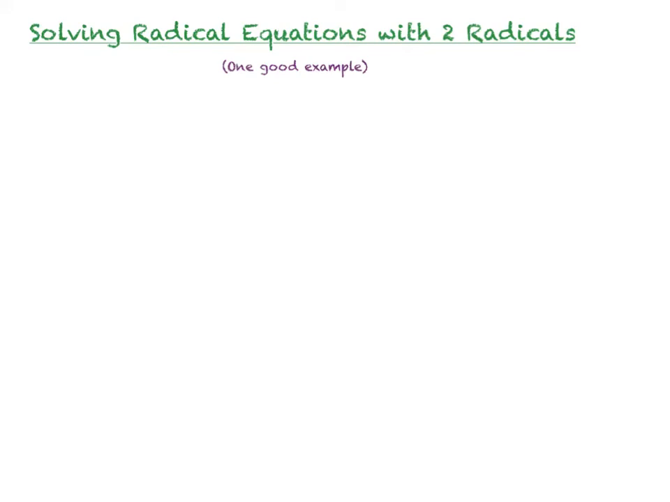In this problem, let's solve a radical equation that has two radicals in it. Just one example. Here we go. We'll solve the square root of 2x plus 8 minus the square root of x plus 11 is equal to